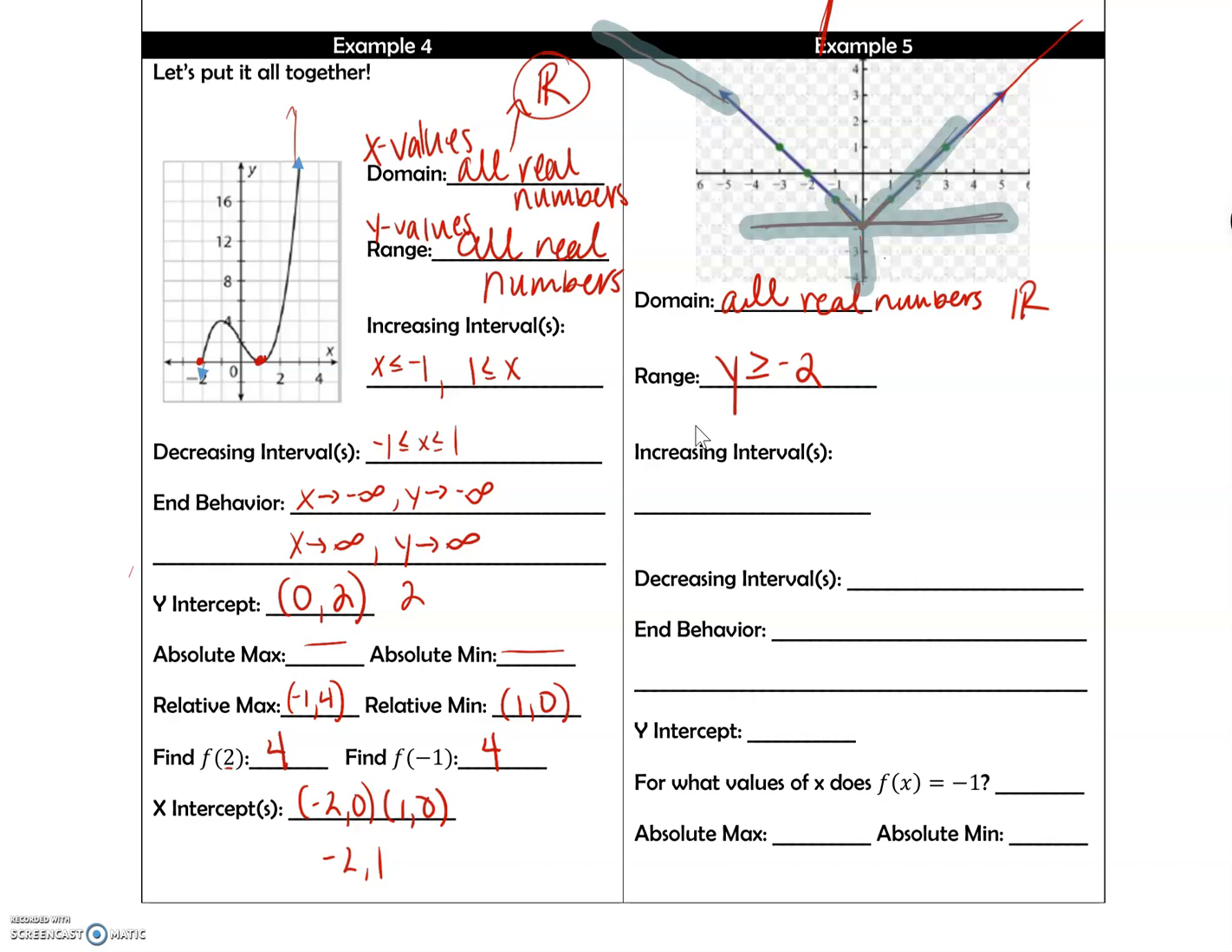All right, now let's figure out what our increasing intervals are. So again, we're going to hop on our roller coaster on the left side of our graph, and we're going down all the way to an x value of 0. So we're decreasing from -infinity to 0. So all the values that are less than 0. And then at 0, we change directions and we go up forever. So our increasing intervals are